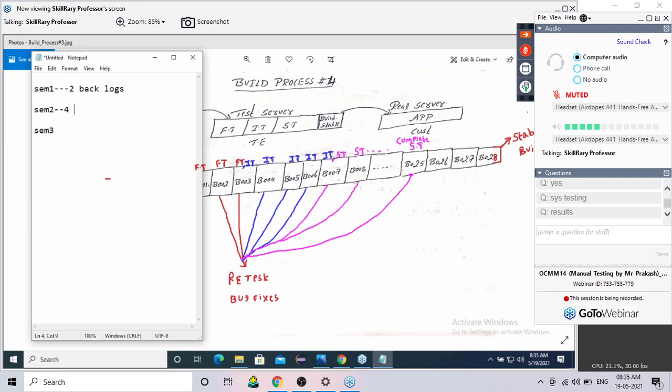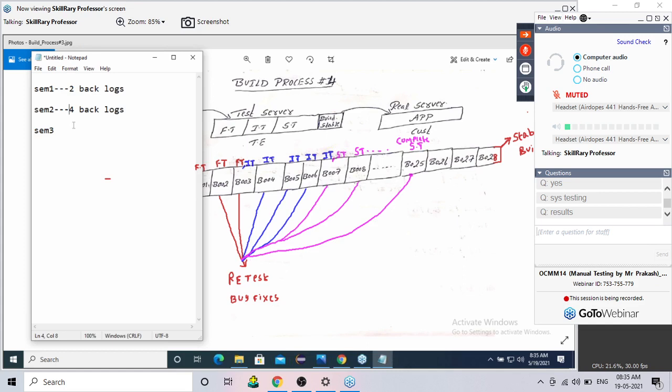Exam is done. 4 backlogs I have. Especially boys, we are talking about ourselves. Girls will not have. At least boys will have. Now tell me, semester 2 is done and 4 backlogs are there. The question is, these 4 backlogs are from SEM 1 or SEM 2, or it may be anything.